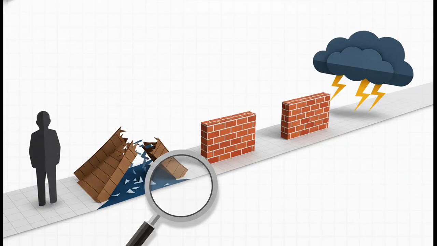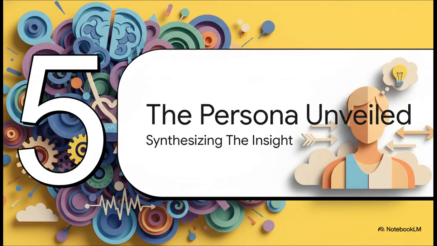But it's not all about hopes and dreams. To truly understand a person, you have to get their skepticism, their history, so the analysis also uncovers what they've already tried that failed, what they actively distrust, and those worst-case scenarios that are probably keeping them up at night. So you've got all of this deep, complex insight gathered up. The final step is to actually synthesize it all. The AI translates everything into a single, totally actionable output, the persona.